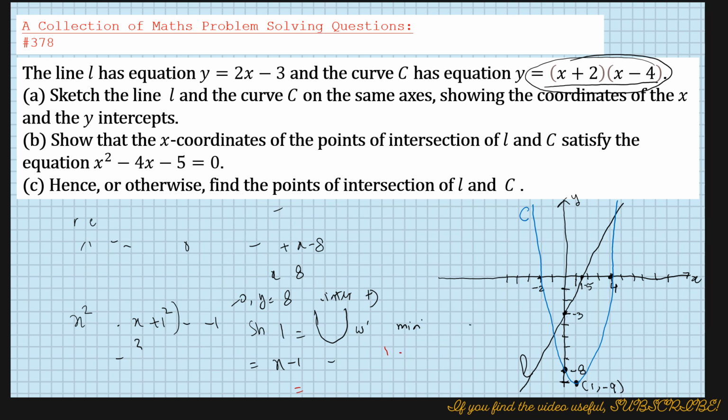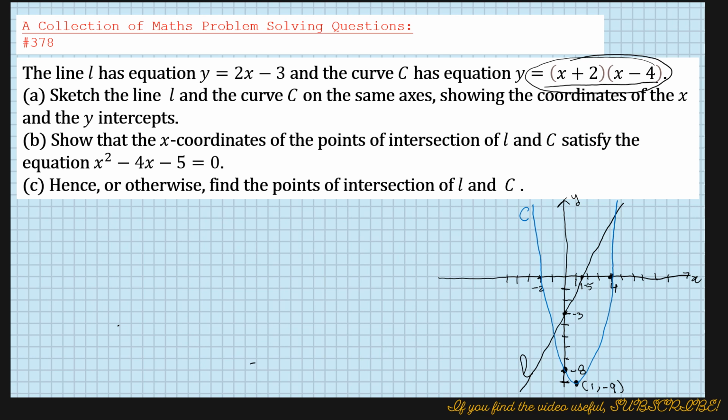So it's easier to work it out. It's a bit long, you can forward the video, to maybe make it go a bit faster. So then what I'm going to do is, for part B, show the x coordinates of the point of